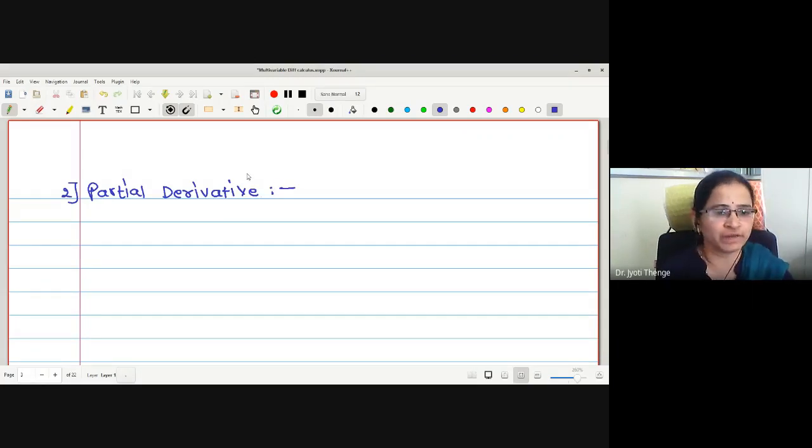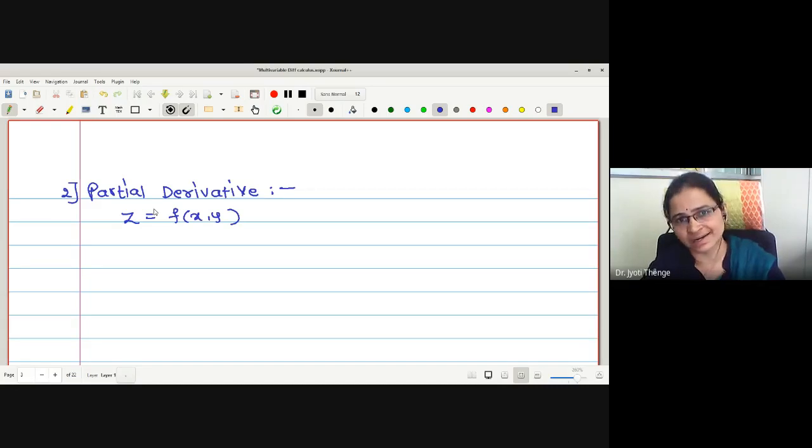Because we already have one derivative with us, no? Ordinary derivative. This is very clear, no? Ordinary derivative is defined for the function of one variable only. Then what to do for the functions of 2 variables, 3 variables, etc.? That is a function of this type, say z equal to f of x, y. Therefore, a new